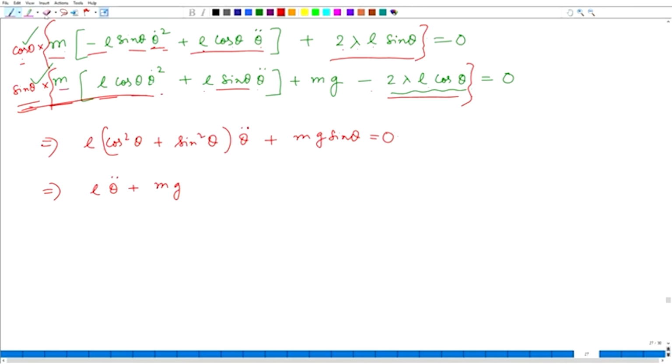So, here I should write m for both, yeah, and here I will get rid of the m. Then I can simply say this is L theta double dot plus g sin theta is equal to 0, and then again for theta tending to 0,